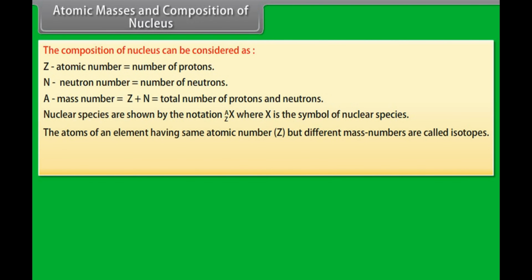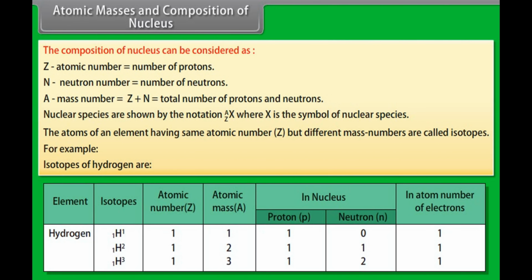The atoms of an element having the same atomic number, that is Z, but different mass numbers are called isotopes. For example, isotopes of hydrogen are: